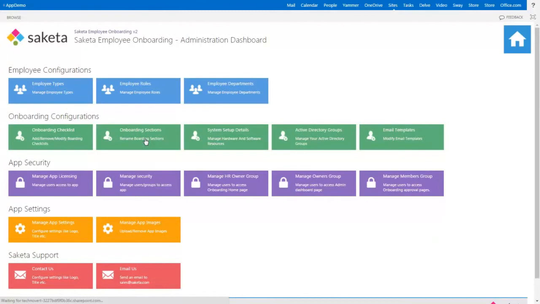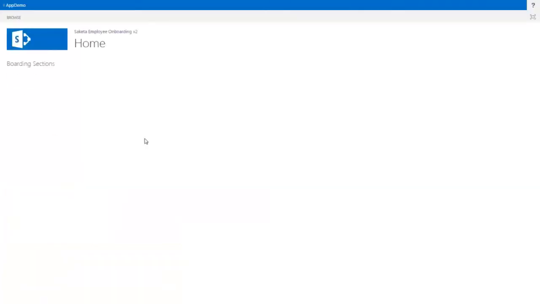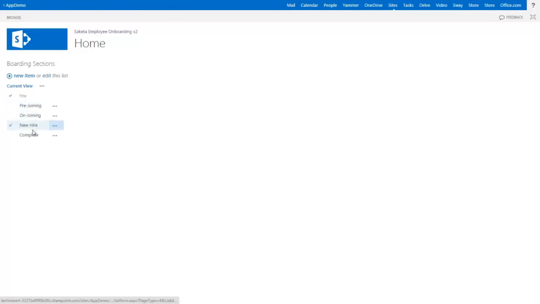So next subsection is the onboarding section. So here you basically either rename or add new sections. So in the previous subsection I showed you where there was a drop down and you had to select one of these four categories. So here you can add or edit these categories. If you want to add a new category here, then you can click this, or you can also edit this list here or here. So this helps you customize your categorization, and it helps you make things more efficient.